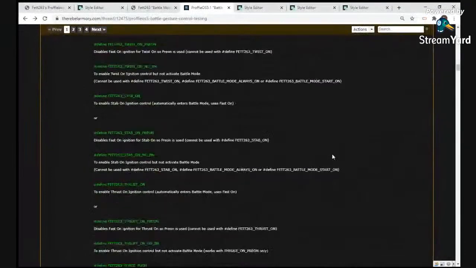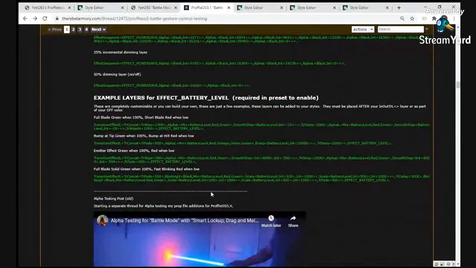But this style I actually already added in that battle mode section down in here for those of you who want to test it. So that would be this full blade, solid green when 100, fast blinking red when low. So that's this guy here, which I had already built. And again, we can also swap this effect out. So if I take this effect